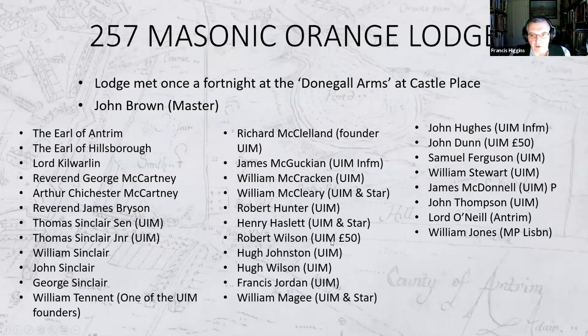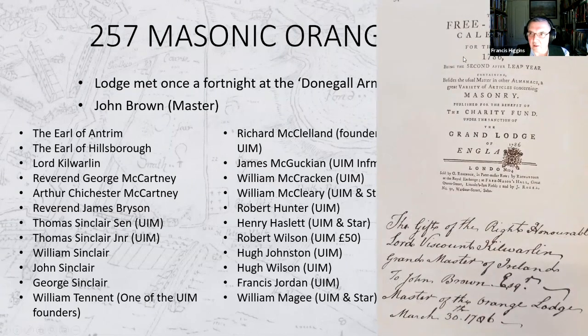Robert Wilson, a United Irishman who had the famous 50 guineas reward on his head. So the government would have seen him to be one of their targets. William McGee, again, United Irishman, one of the shareholders of the Star. You have an MP, and this guy here is John Hughes, who again was a United Irishman, but an informer. So this is 257 Masonic Lodge, and here you have the Freemasons calendar for 1786, and you can